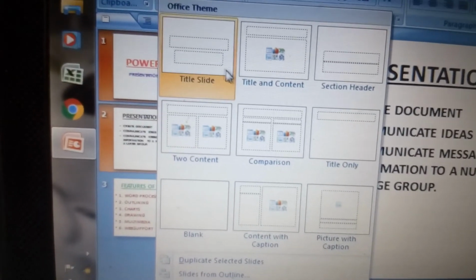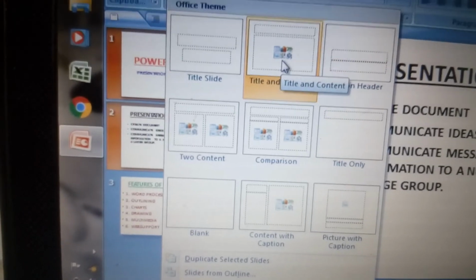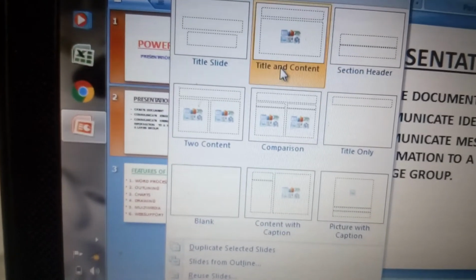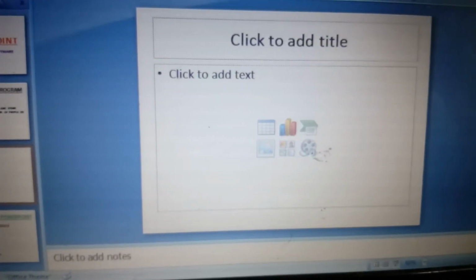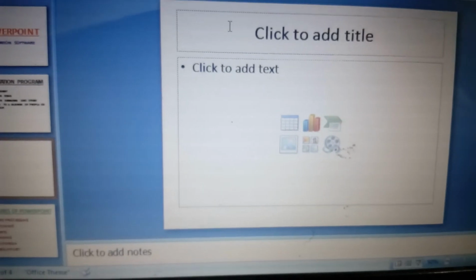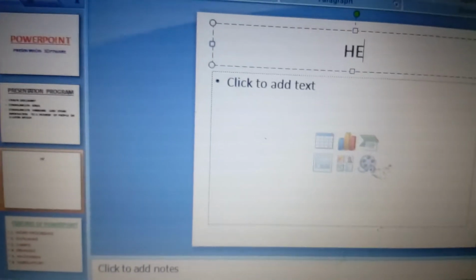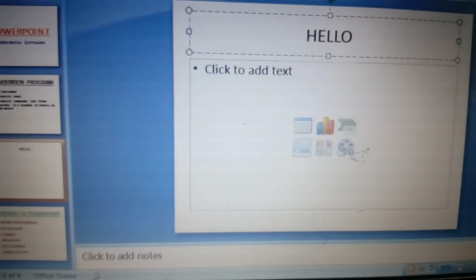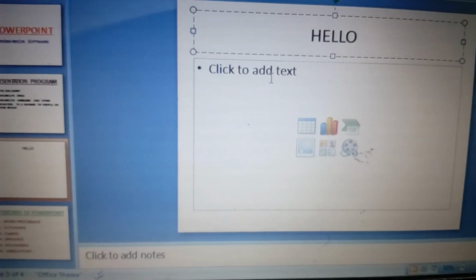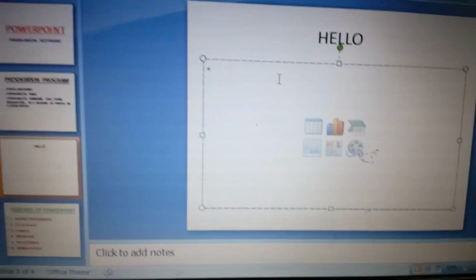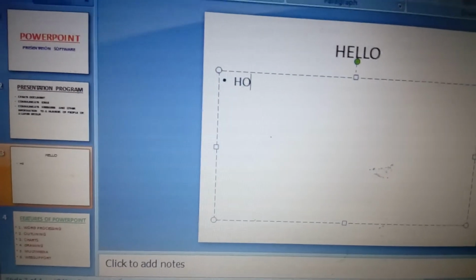And if we are clicking any of them, suppose I am clicking here title and content, I can get the slide like that, in which I can add the title here. I am adding the title, you can see. Similarly, in this sheet I can add the subtitle, or I can add any text like how are you,